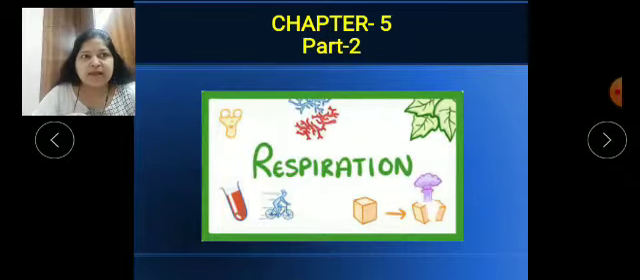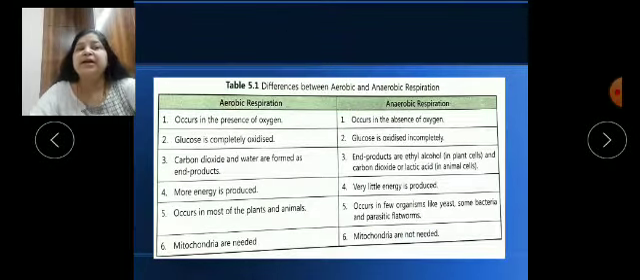Please look here. These are the differences between aerobic and anaerobic respiration. First, as we all know, aerobic respiration needs oxygen, whereas anaerobic respiration does not. In aerobic respiration, glucose is completely oxidized, whereas in anaerobic respiration it is oxidized incompletely. The end products of aerobic respiration are carbon dioxide and water, whereas